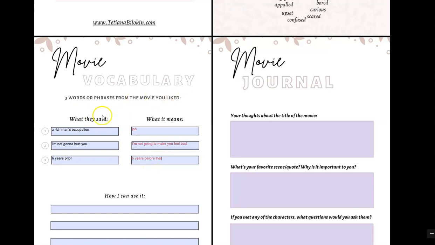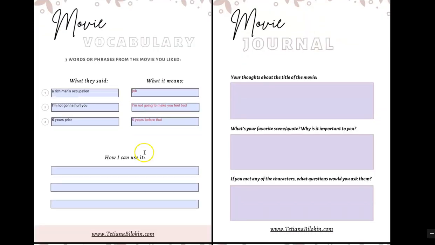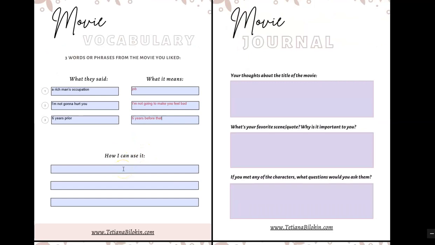Right? So we have 3 vocabulary items, and now you can brainstorm what you can do with these phrases, how you can use them in your own life. For example, and the last one, okay, everybody started teaching online when the quarantine started, but I actually started teaching online 3 years prior, so in 2016 as far as I remember.